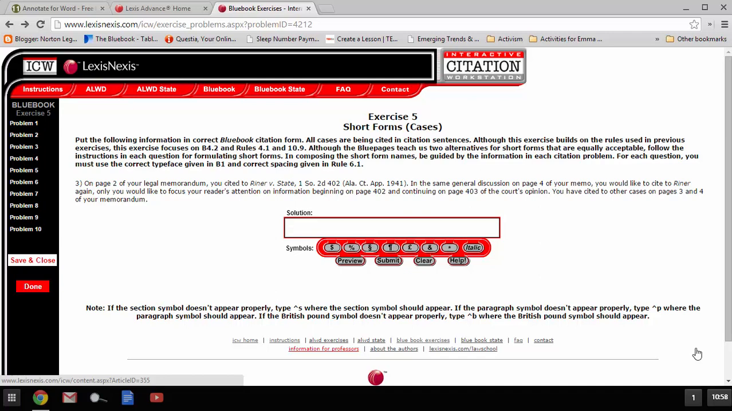only this time you want to focus your reader's attention on information that spans pages 402 and 403, and you have cited to other cases on pages 3 and 4. So you have your full citation on page 2, and you don't cite to Reiner again until you get to page 4. So there are 3 options for short forms, and if you'll look at B4.2, the blue pages that talk about short form citation for cases, you'll see there that there are 3 examples, and those are the 3 acceptable short forms. So one is